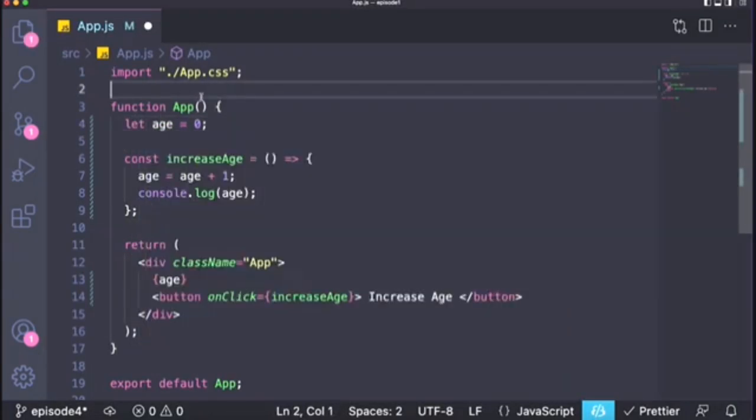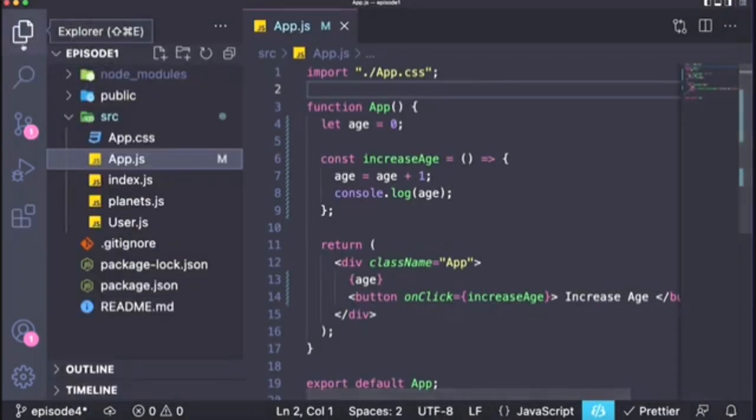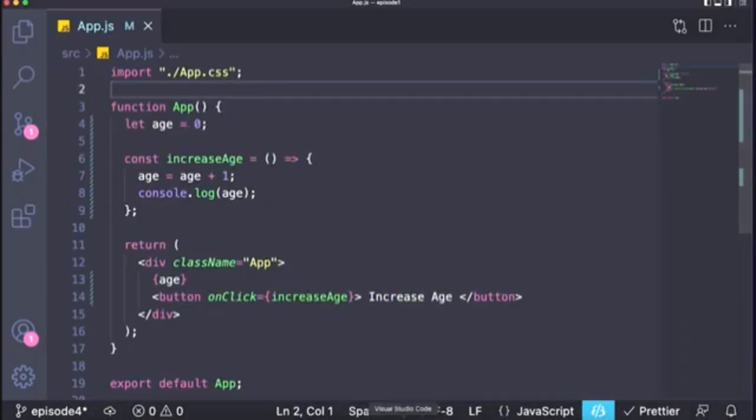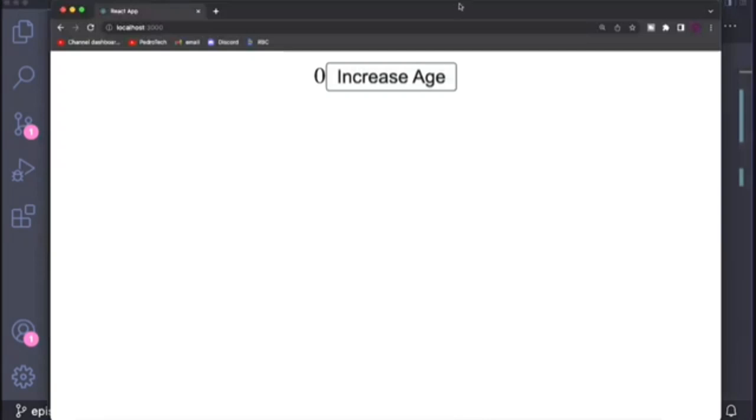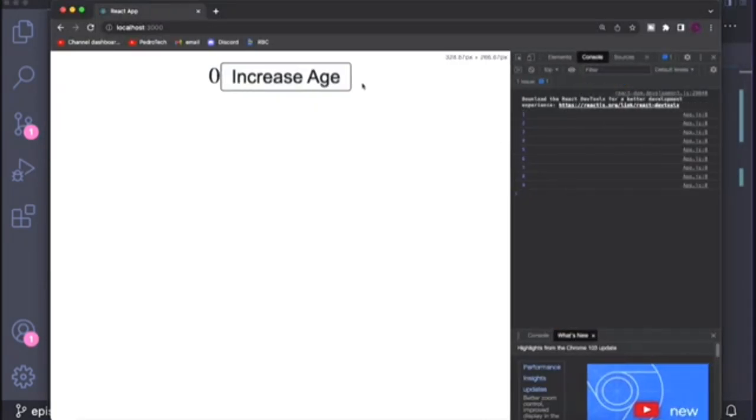Constants obviously can be changed, so if we set it as a let or a var, it should work, right? Okay, let's test it out. It still doesn't work. But that doesn't mean it's not changing the value of this variable over here. Well, no, it is actually, because if you go to the console log over here, it is actually increasing by 1 every time you click